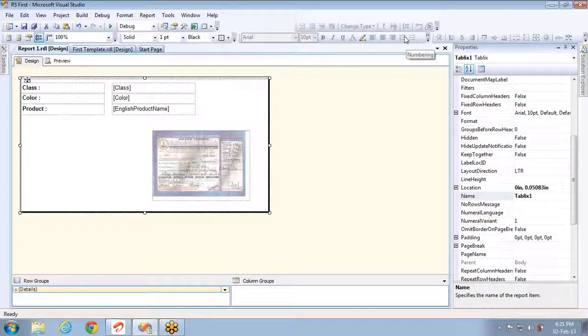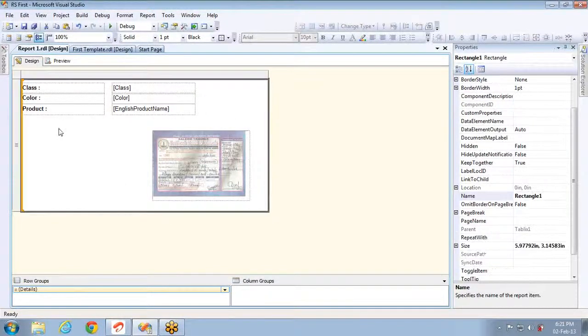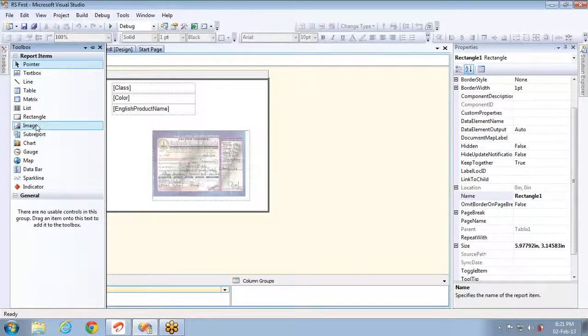Now they merged into one. Tablix means table, list, and matrix, all three combined. So if you drag and drop a matrix report, a tabular report, or a list report, the object taken into consideration is Tablix. So this is about list, and let's jump into the next one. The next one is rectangle.